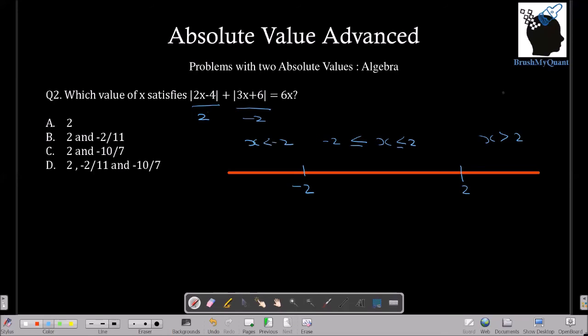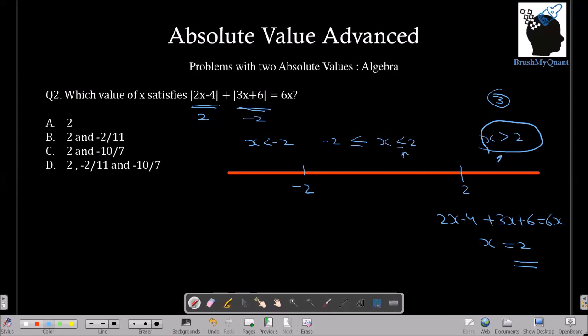So if you take X is greater than 2, let's say X is equal to 3, definitely the value inside both the absolute values will be positive. So we can open it directly to have 2x minus 4 plus 3x plus 6 is equal to 6x, or nothing but x is equal to 2. Now we got the answer as x is equal to 2, but our condition was greater than 2. Now this is where you have to decide where you want to put the equal to sign. You can put it here also, or you can put it here also. And if you go and substitute x is equal to 2 in this, you will see that this value is satisfied. So that means x is equal to 2 is the solution.